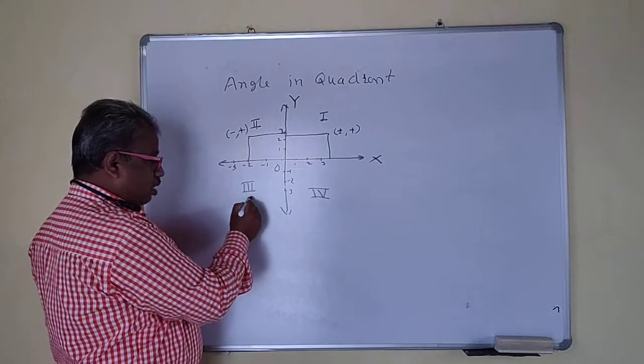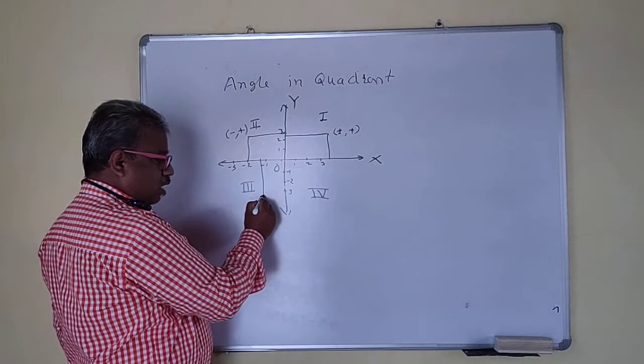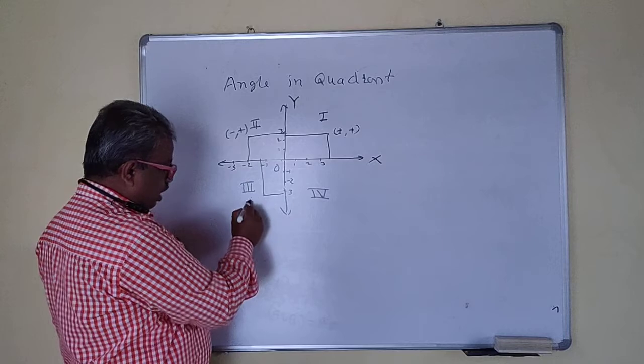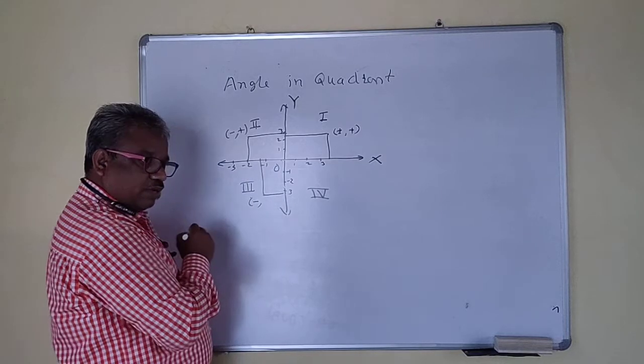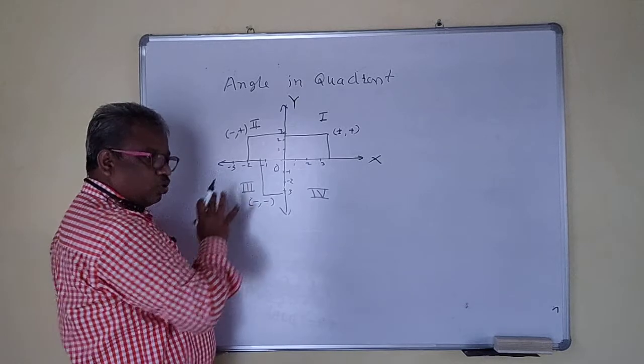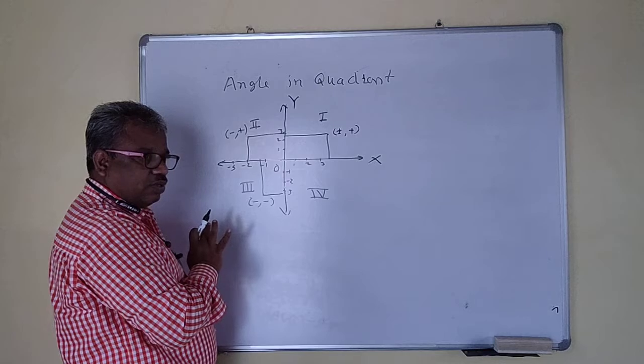So in the second quadrant, all x are negative and all y are positive. Right? Now here, to find the x coordinate, draw a perpendicular to the x-axis. And if you want to find the y coordinate, draw a perpendicular to the y-axis. Now here, for the x-axis, we get a negative number. And for the y-axis also we get a negative number. That means here both the coordinates are negative. The x coordinate is negative, the y coordinate is also negative.